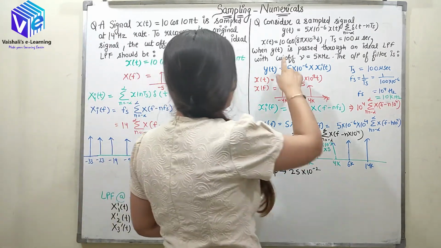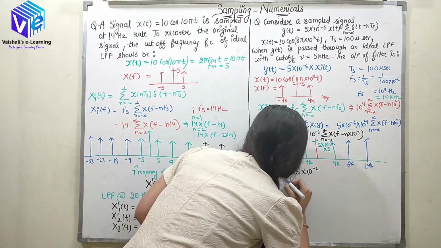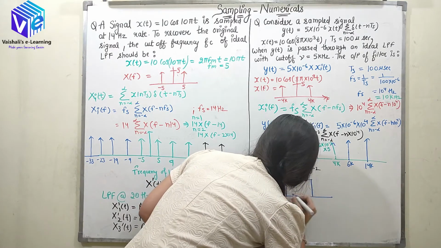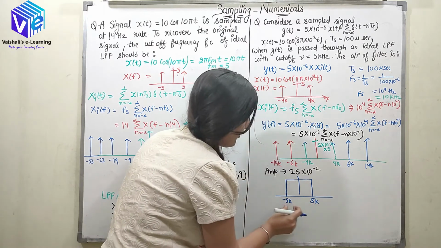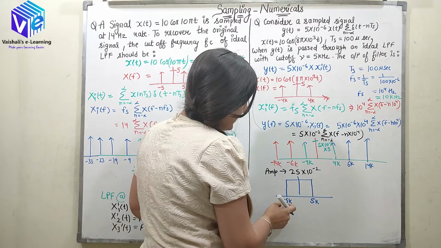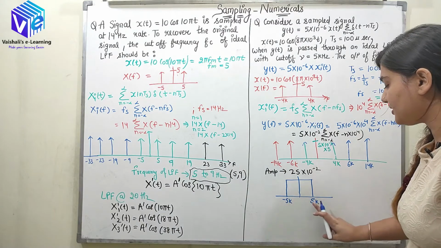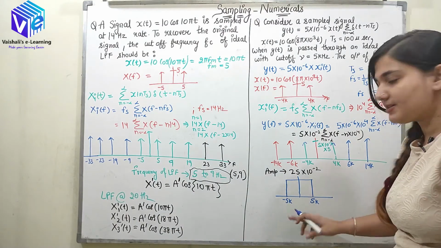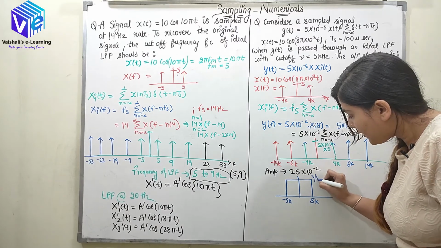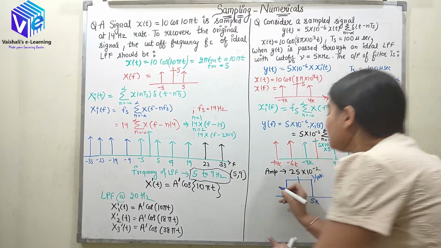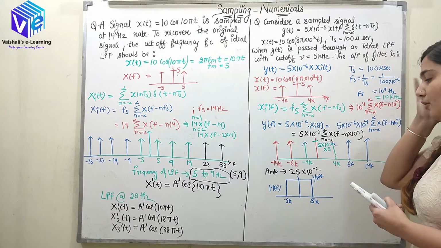Now what am I doing? I am taking an ideal low pass filter with cutoff frequency 5 kilohertz. It is already given in the question. The low pass filter has cutoff frequency 5 kilo, so it is 5 kilo here, 5 kilo here, so minus 5 to 5. Now if I talk about the ideal filter, what would be the amplitude? This is minus 5 to 5. The bandwidth, the distance between these 2 points, is 10k. So the amplitude would be 1 upon 10k. This is H(f).